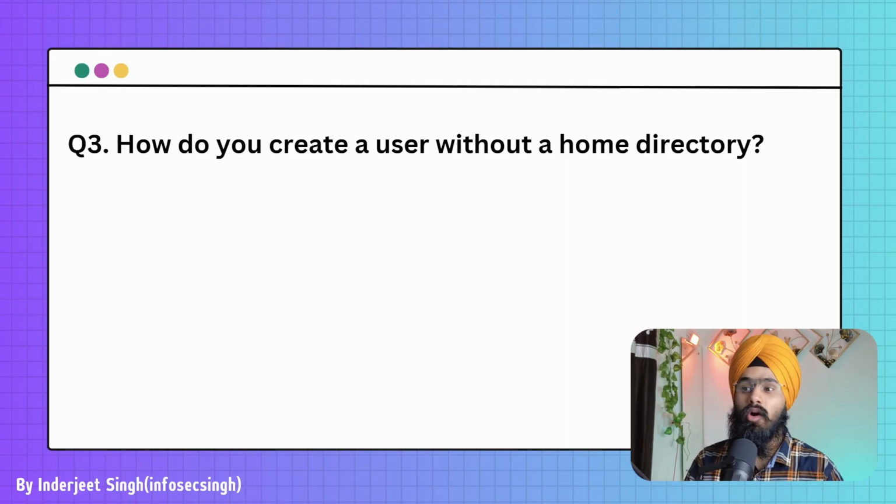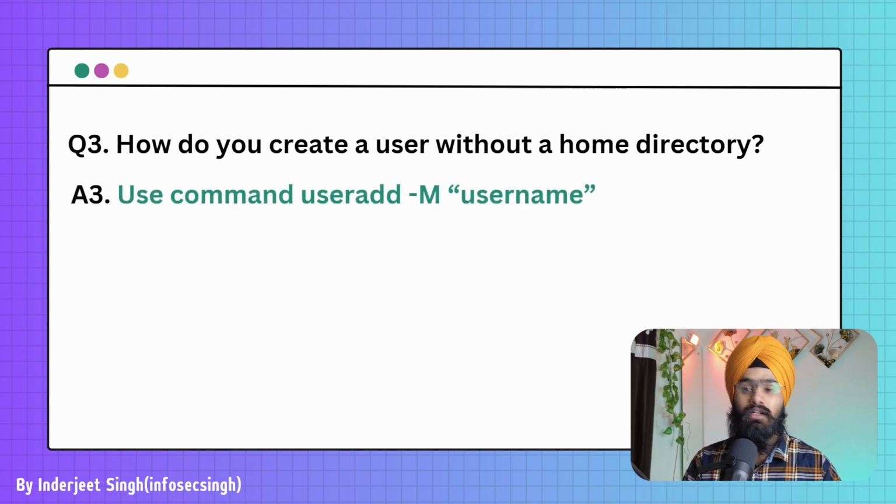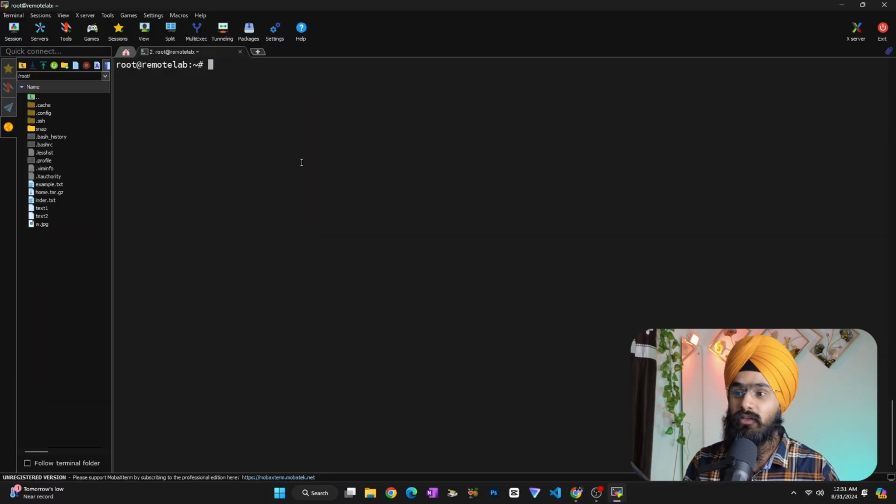So the next question is, how do you create a user without a home directory? The answer is to use the useradd command. And you can specify the option and the username. So let's try to create one more user. I will say useradd -m